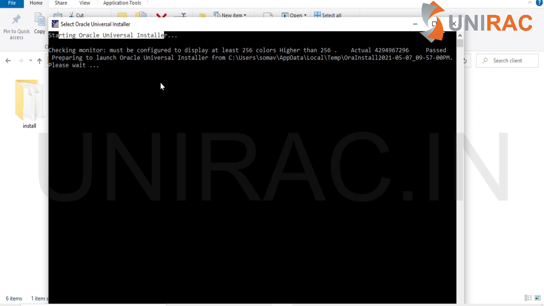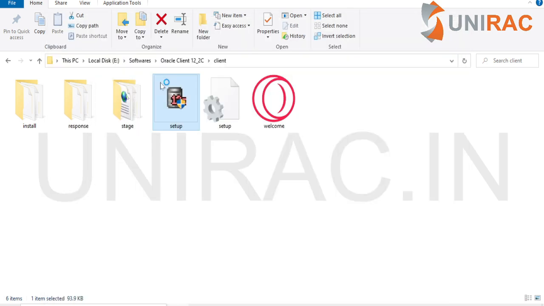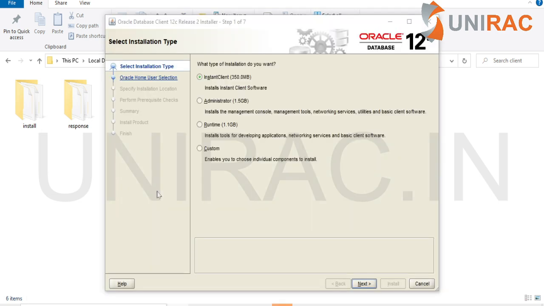So we are installing this Oracle client on a Windows machine, and we are going to connect to our database which is installed on Linux.